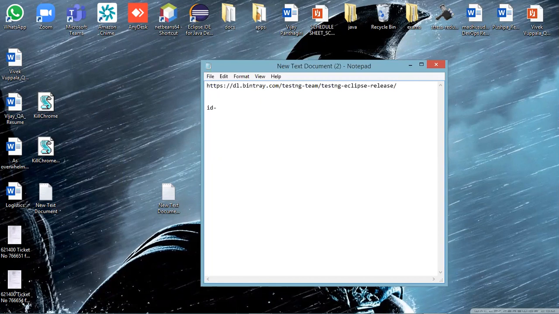So ID, a unique identifier given to an element in an application which is unique across the application.